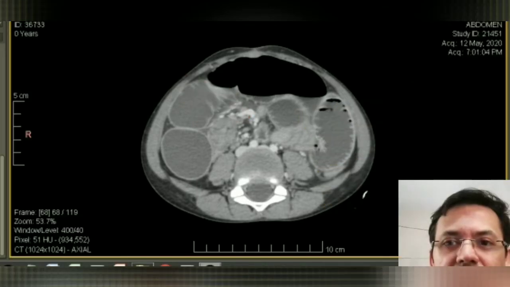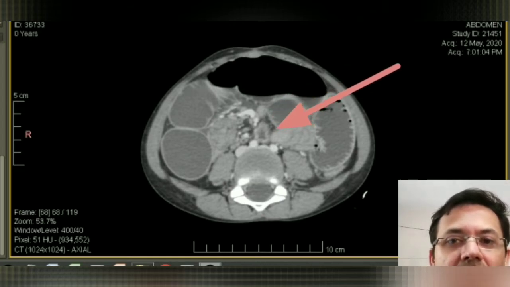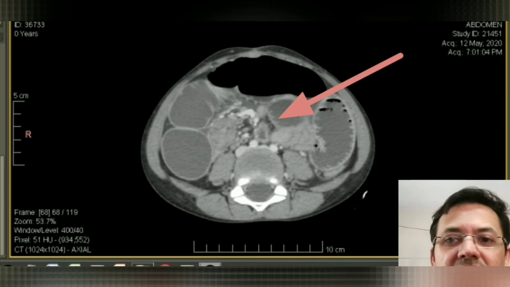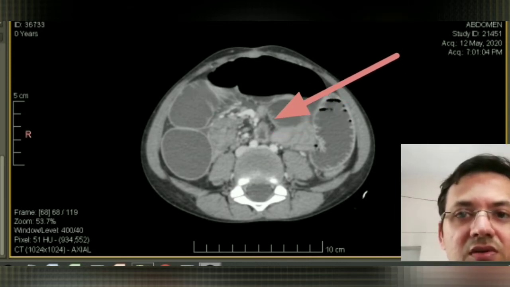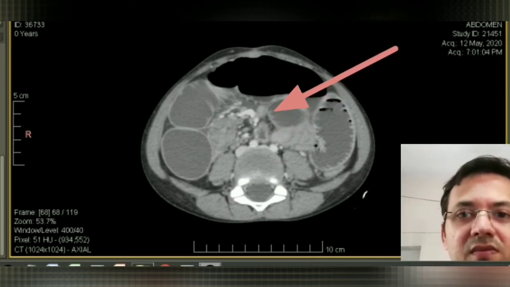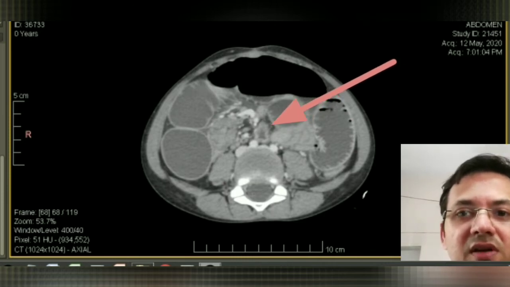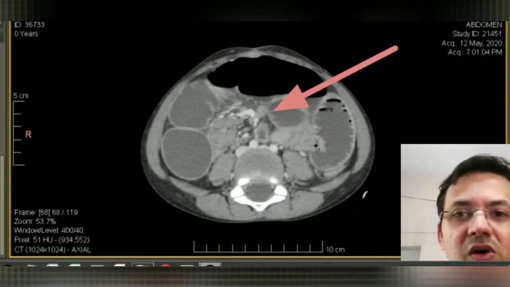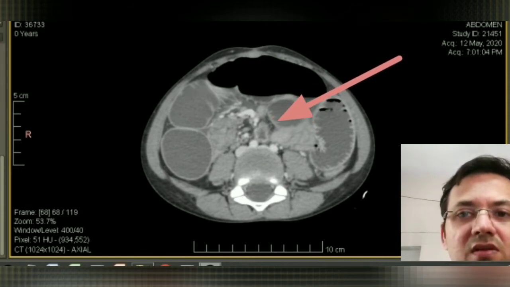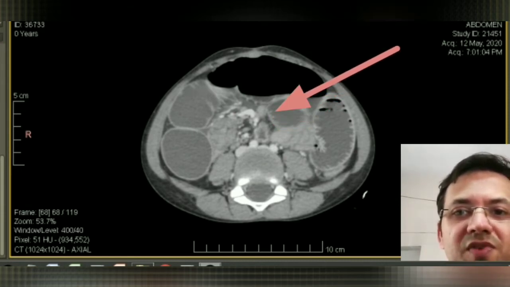Also, we are not able to see any signs of inflammation involving the central abdomen along the bowel. That is, there is no obvious diverticulitis involving the Meckel's diverticulum. Also, the appendix appears normal. There is no appendicitis, no hydronephrosis or ureteric stone we are seeing here. The peritoneum also appears not much edematous, and no obvious signs of peritonitis as per the present CT.